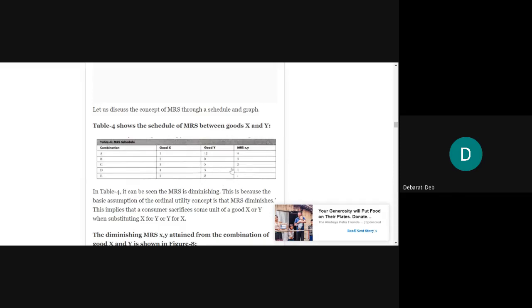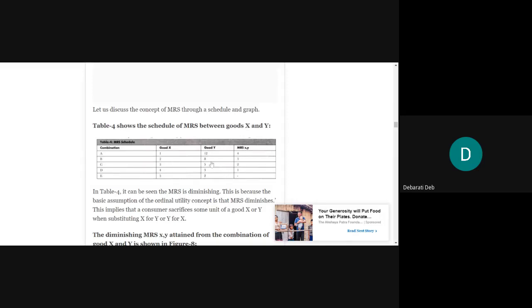You see here, in the combination A, we are substituting, what? We are replacing Y with X, right? So del Y is how much? It has changed by 4 units. We have decreased 4 units. Sign, let us ignore the sign for once. So del Y is how much? 12 minus 8 is 4. And del X will be how much? Change in good X? 1. It's 1 and it's 4. So 4 divided by 1, it has come as 4.